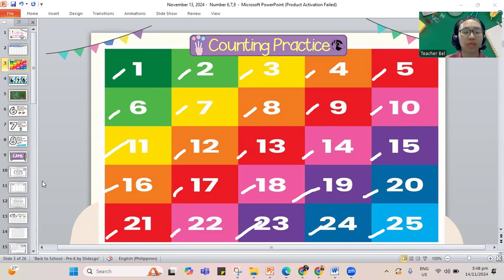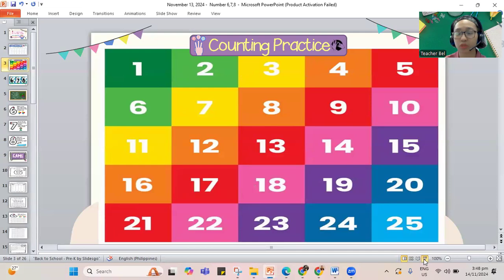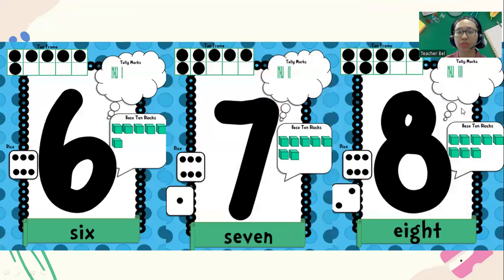Now let me erase the writings on the screen and make the screen big also, so that you can see what's on our screen here. We have our number friends for today. The number friends that we have are the numbers 6, 7, and 8. Let's jump to remembering how to write them.